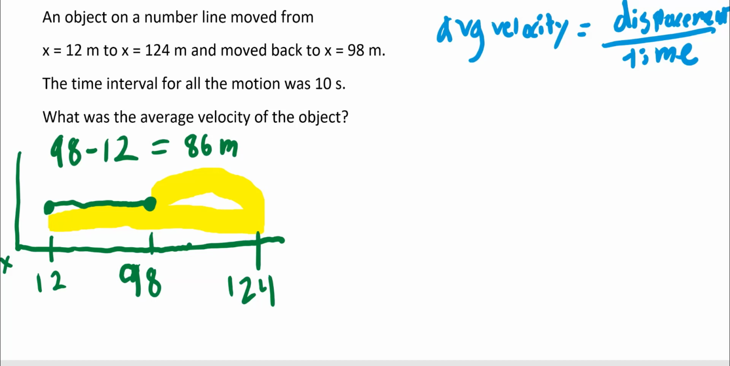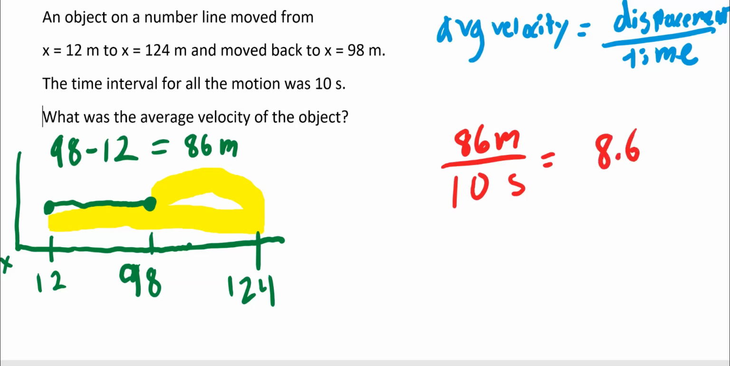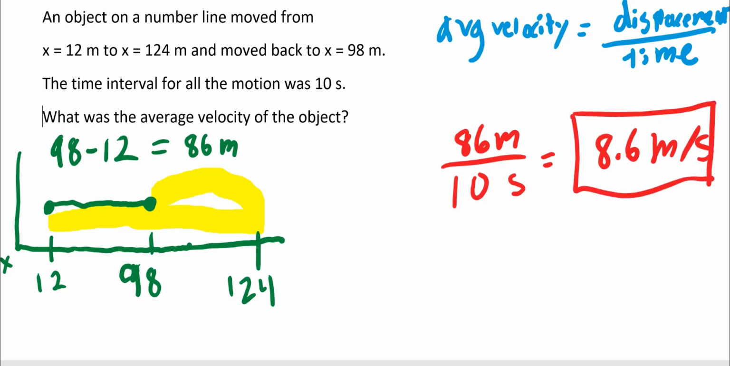To find our average velocity, I would take that displacement of 86 meters divided by our time of 10 seconds. We will get an answer of 8.6 meters per second. So 8.6 meters per second would be our final answer for our average velocity. So our displacement